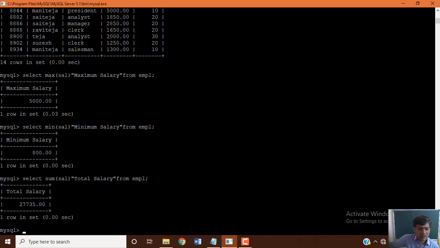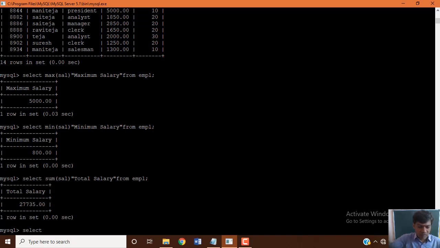You can specify that total number of records which are available. That also you can make use of in three different ways. One is asterisk, which represents including duplicate values and null values, and which also works with expressions, that is distinct and all. Yes, let's look at now again department number, which you can work with the same way.